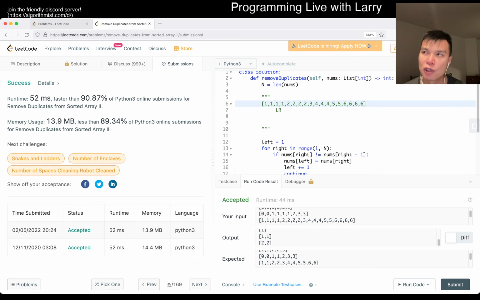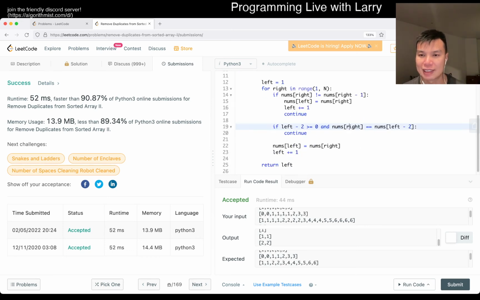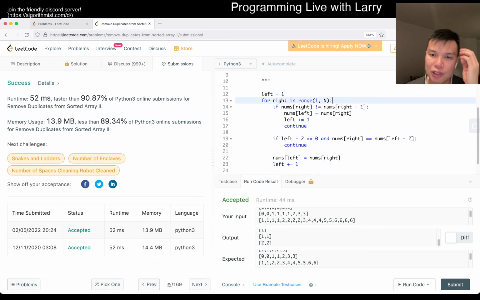And so the only case where we don't do that is if the previous number before that is also a 1. So if we have 3 ones in a row, so what this is saying is that if we add num sub right to left, then we're going to have 3 numbers in a row, right? So that's basically the idea, and that should be basically what I did. I think there is a simpler way to do it now that I talk about it like that, is that what you can do is maybe you can do something like,